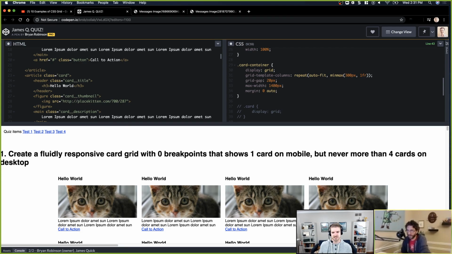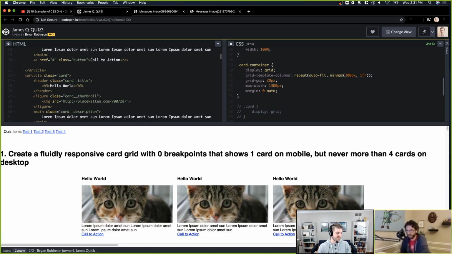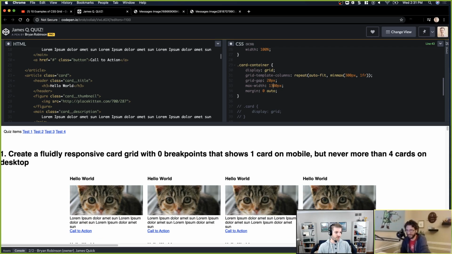Grid gap is in addition to the 300 pixels for the cards. Correct. So 3 cards would be 900 plus 20 times 2 for grid gap. So I really just have to go up above 1200. If I went up to 1300, that would still work, and that's accommodating for 3 times 20, 60 pixels in the grid gap plus the 300 times 4 with 1200.